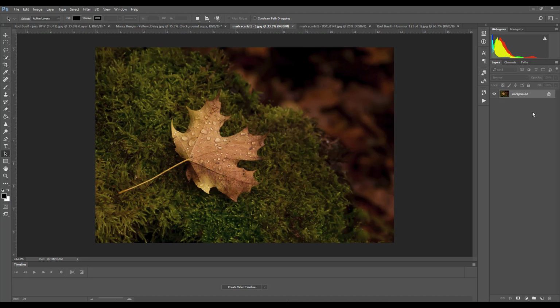Mark Scarlett. All right, fall time. I love autumn. It's my favorite season. So anyways, I love this image. I love the way you juxtaposed complementary colors on the color wheel. So red and green are complementary colors. These are kind of muted versions of those, but they work really well together, and it was a smart choice to do that. I like the line of the leaf coming in, sitting here as kind of a focal point,